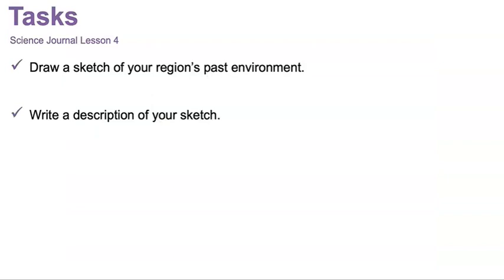Let's review your tasks for today. First, draw a sketch of your region's past environment. Be sure to use evidence from this lesson, especially the regional fossil map, to help you decide what to include in your sketch in order to make it as accurate as possible. Second, write a description